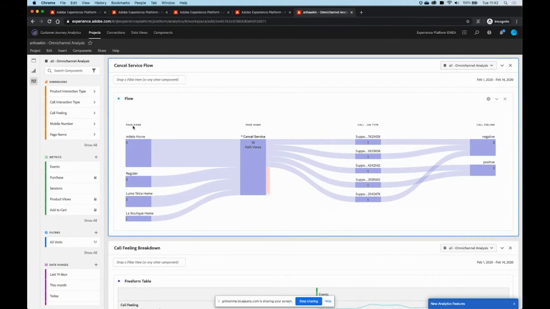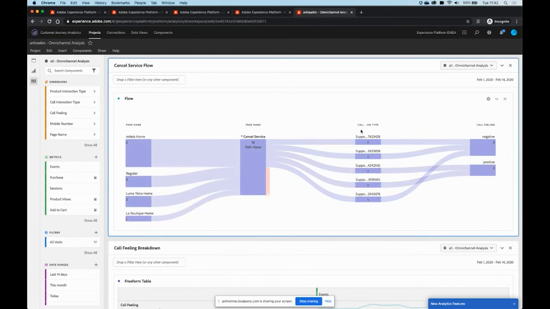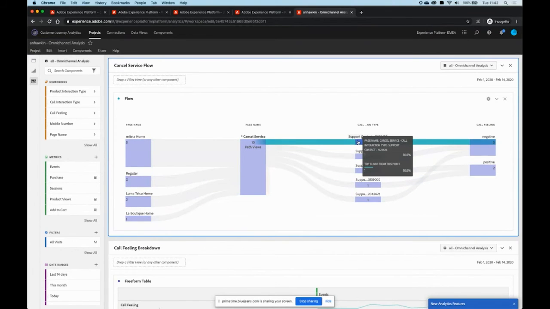Now, these were web events. This references page name here. So this is like a website event-based data set showing where somebody was from, and the fact that they got onto the cancel service page on the website, which is obviously a big red flag to those of you who have to deal with those kind of things or offer those kind of services. But what happens after this is that we switch to analyzing something called a support contact number or unique ID. And this is coming from a completely different data set. This is coming from a call center data set, but because it's got a timestamp in it, we're actually looking